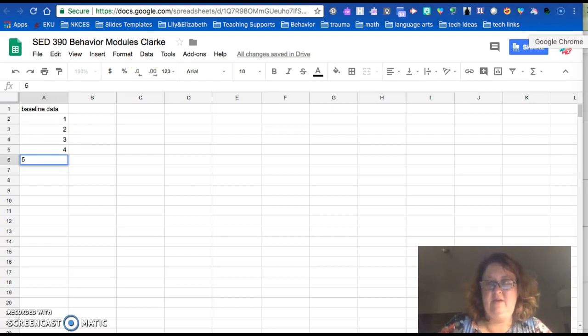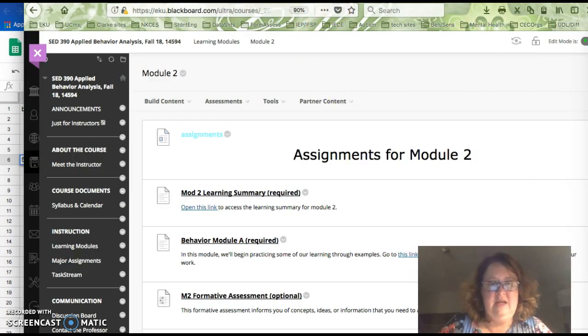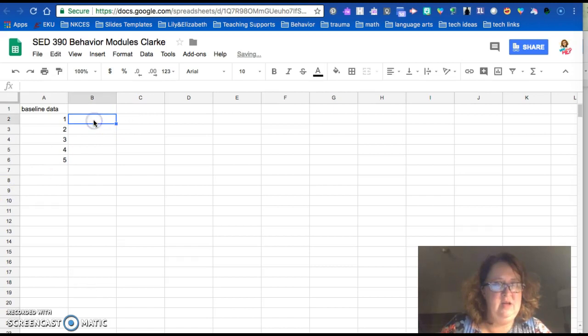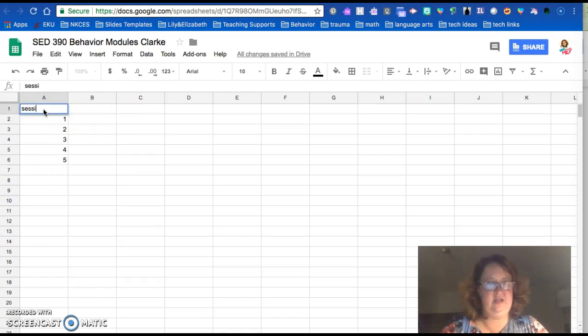So when I go back to my assignment and I'm looking at the information, it says that Monday's data was 12 and Tuesday's data was 18. So Monday counts for session 1. So this is actually the sessions or dates, and column 2 is where I put baseline.